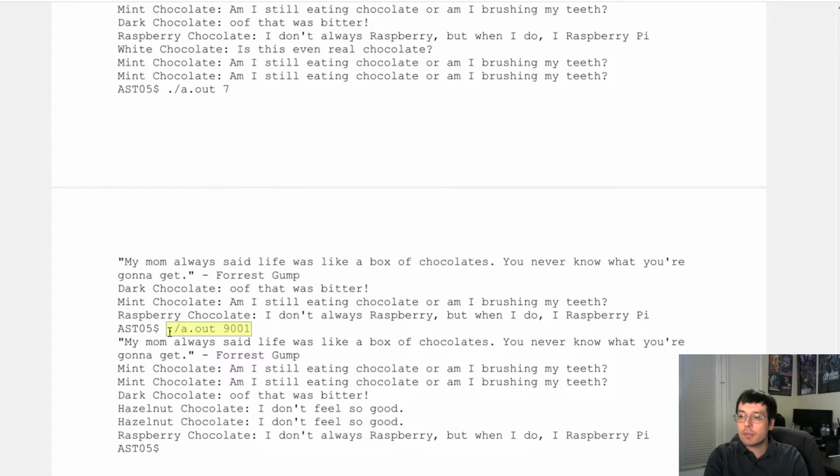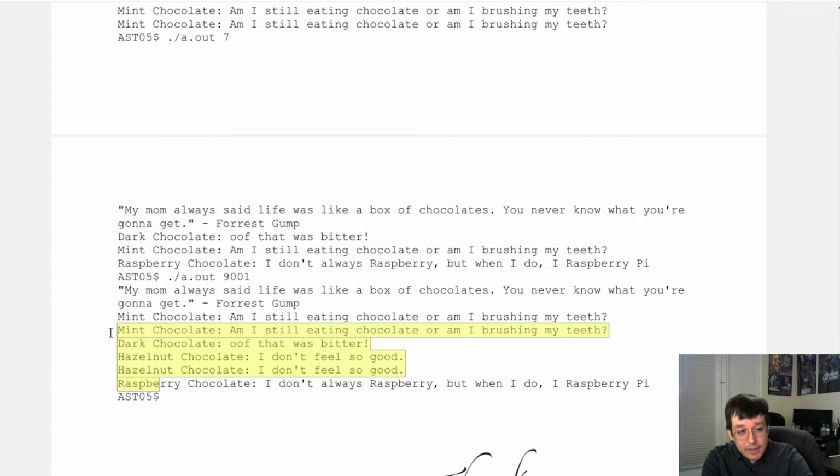Then from there, it's just a matter of making sure that you call rand in the same sequence that I do. Throughout the PDF, you will find different places where I tell you to call rand, such as when you're filling the box initially. Make sure you do that in the same order that I'm doing it, so that your randomness matches my randomness. So in theory, when you put a seed value of 9001, that should give you the exact same randomness that I have. So make sure that works.